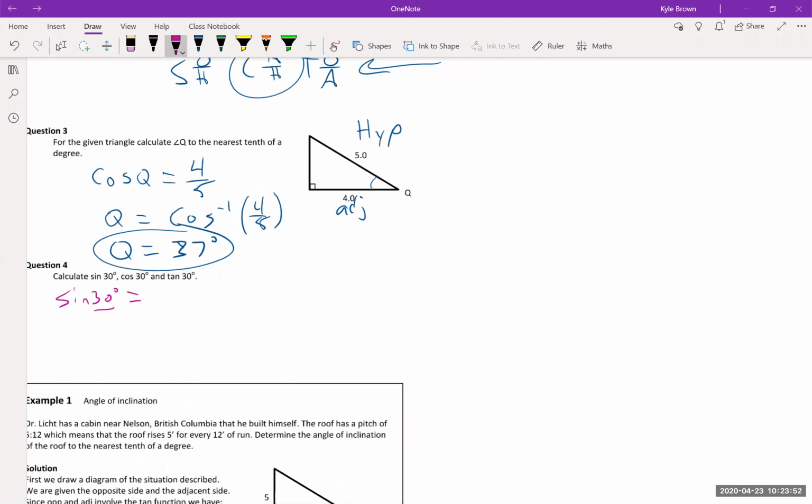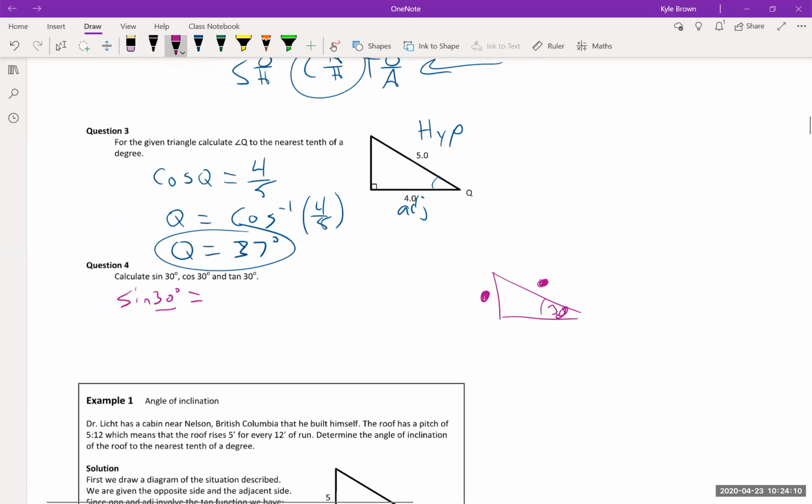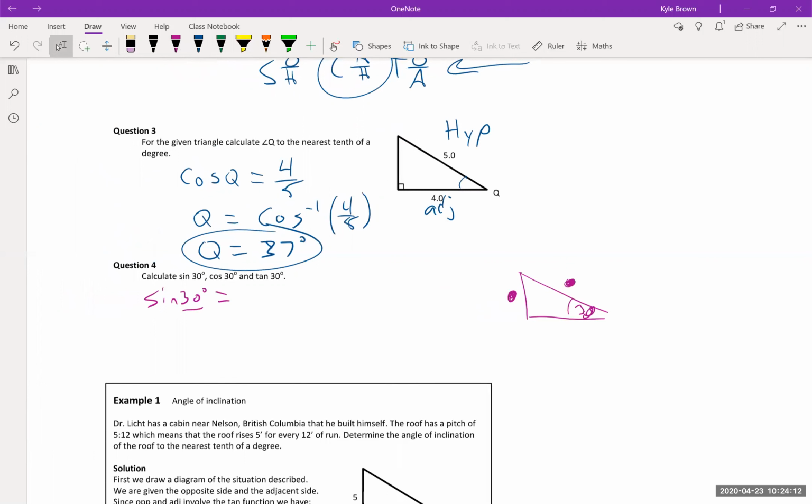That's really saying if I had 30 degrees, what is the ratio? What is this side divided by this side? Opposite over hypotenuse. That's what it's saying. So what I'm after will be some kind of decimal. So we'll see if that makes sense. This time we're not going to go sine^-1. You're just going to write it in your calculator like this: sine 30,